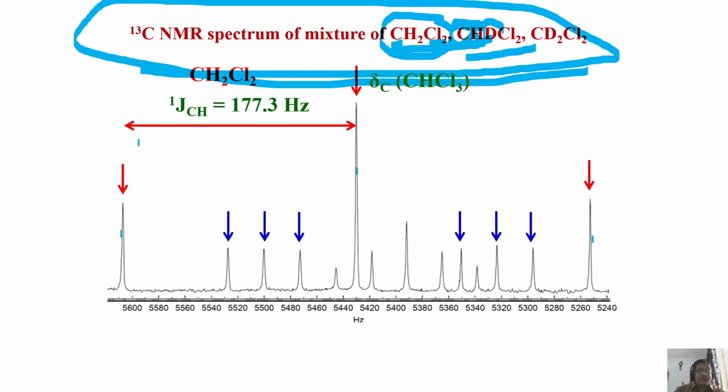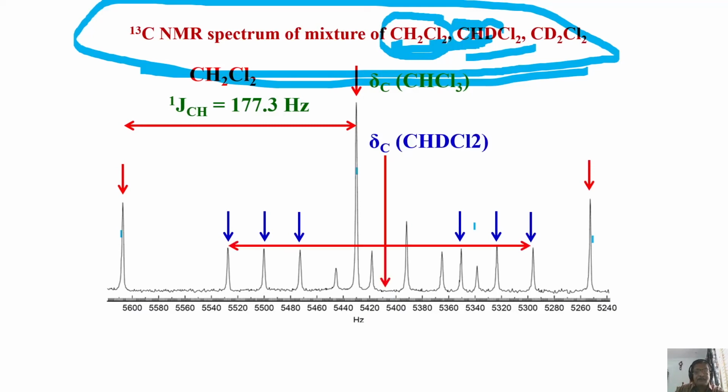Okay, this separation, of course, I forgot to tell you, gives you JCH. This is the chemical shift of this. Now, but look at this. Compared to this, it is not exactly at the center. It appears the peaks have moved to the right, is it not? You can calculate. This is exactly the center. That means this is moved by a certain amount.